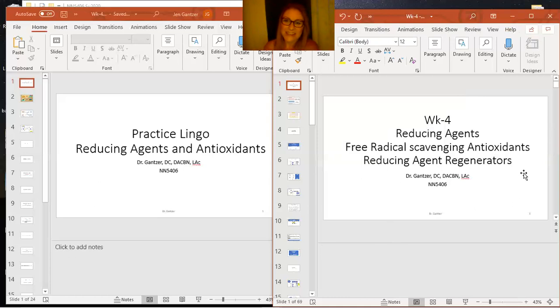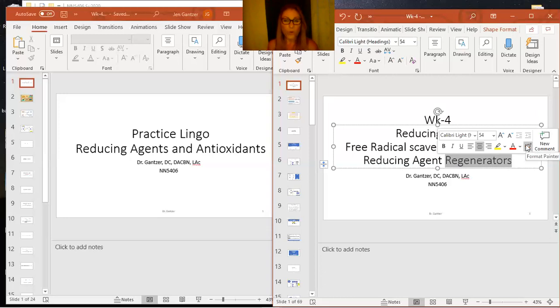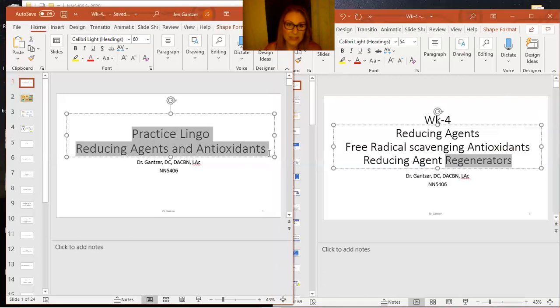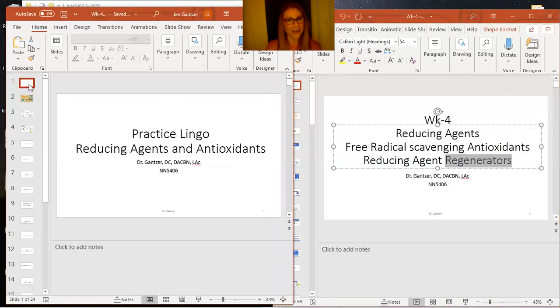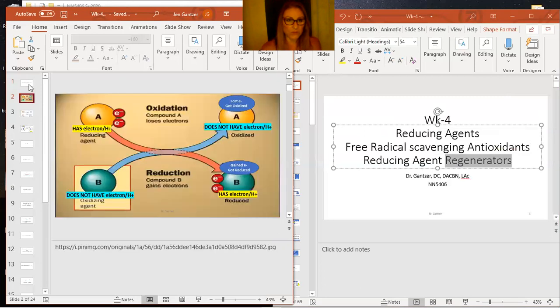And as you can see in the title, we have to make sure that we are always regenerating our reducing agents, who are the fighters. Those are our antioxidants that have that electron or the hydrogen atom to donate. So there is going to be some practice lingo. This might look familiar because it was an earlier metacognition. So I really want to focus on the lingo, because we need this to go forward as we move into